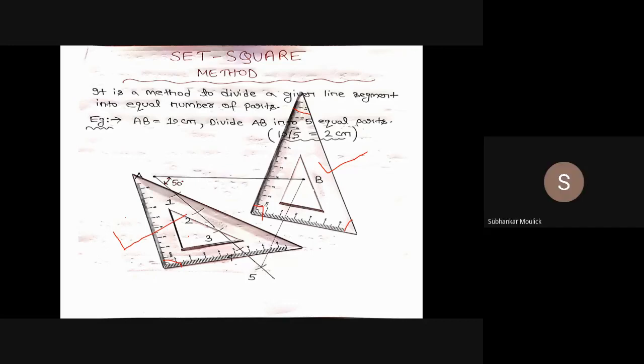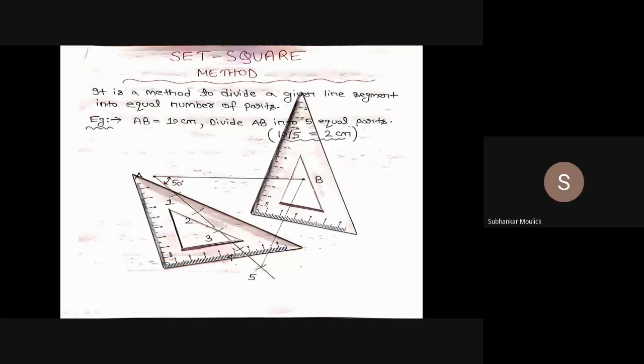Yes, sir. Why am I telling you like that, sir? There is a reason. The reason is, if you see the base of the 30, 60, 90 set square, it is very long. This base we will take into account while drawing the different parallel lines passing through arc points number 4, 3, 2 and so on. So you have to keep it exactly like this. Is it clear? Should I move forward?